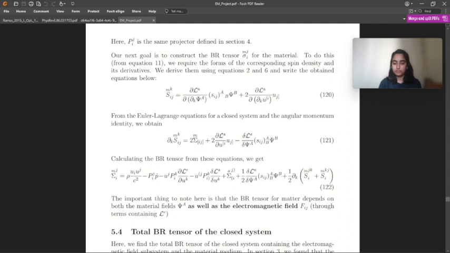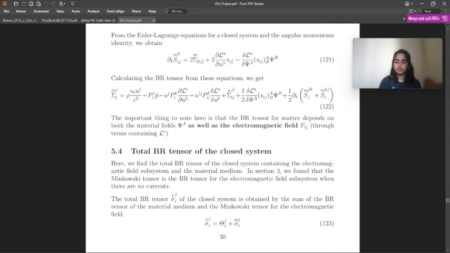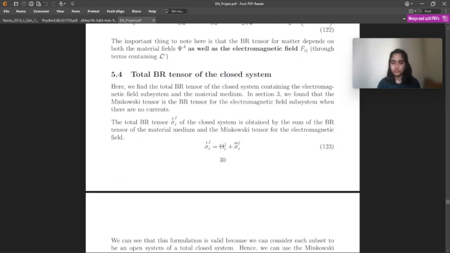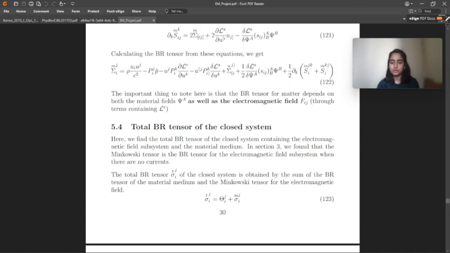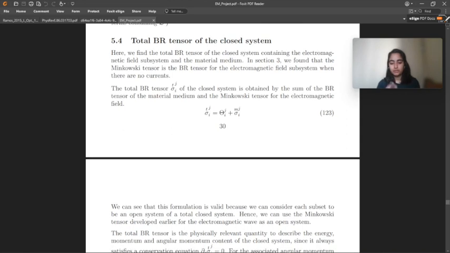So now we have the BR tensor for the matter, and from section 4 we know the BR tensor for just the field, and it is valid to use the BR tensor from section 4 because the electromagnetic wave in this closed system is kind of an isolated open system on its own when you isolate